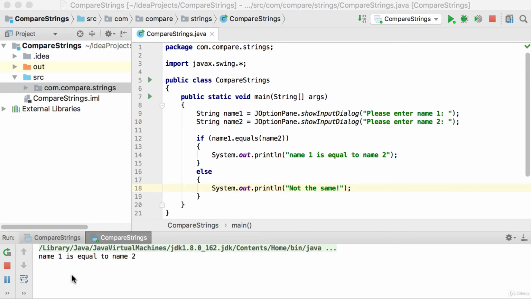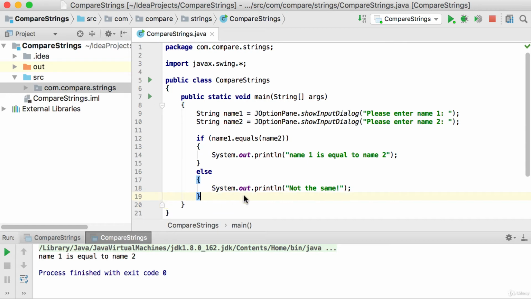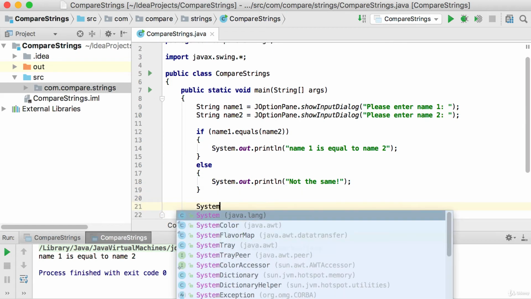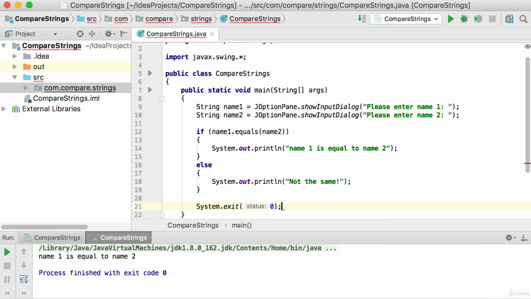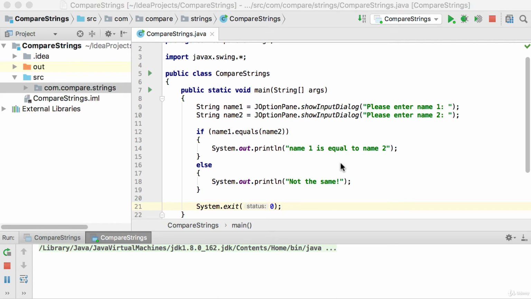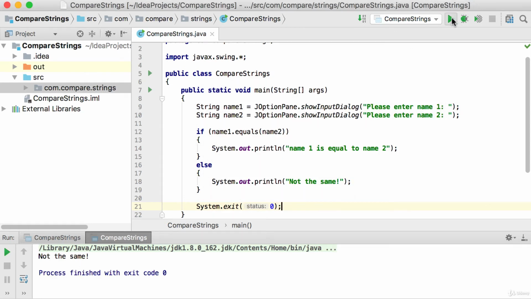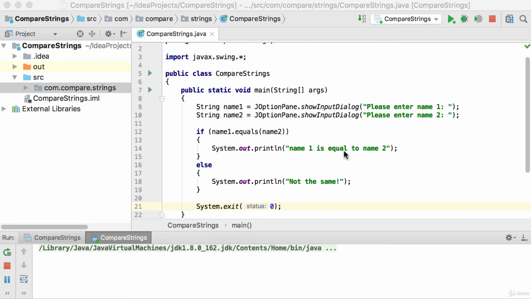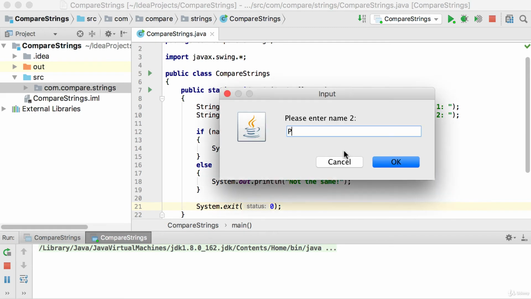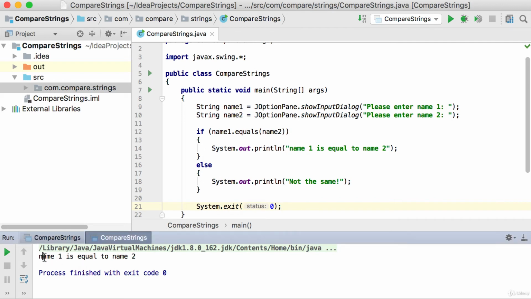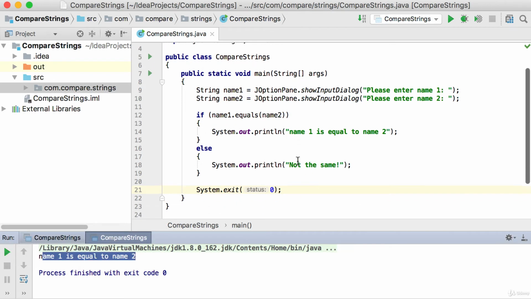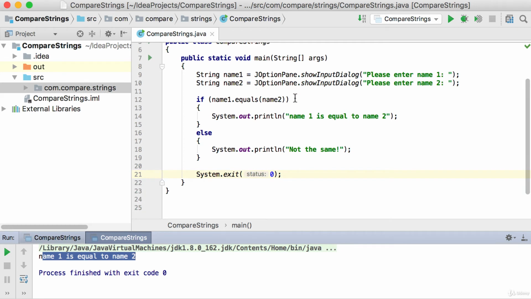And you can see how long it takes for my output to actually stop and give me the end of my application. So remember, when using JOptionPane, just use System.exit, passing in 0, to exit a bit faster. So if I now type another name, Peter and Paul, it will say it's not the same. But if they are the same, Peter and Peter, it will give me name 1 is equal to name 2. So that's basically how we compare strings, by using either the equals method or